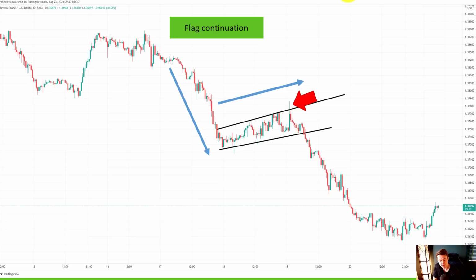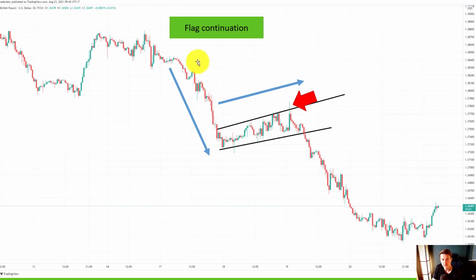So flags are probably among the most reliable trading patterns. Flags are considered trend following or trend continuation patterns. And on Pattern Alpha, we created a trading algorithm that trades different patterns. And among one of them is a flag. And what we have seen is that the flag is among the most reliable patterns. So let's take a look at a few flags